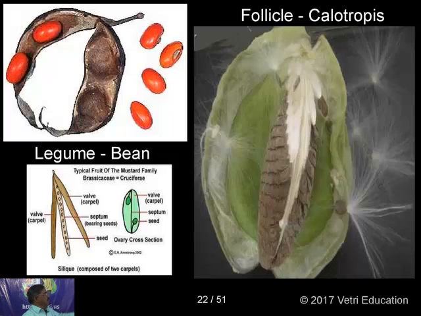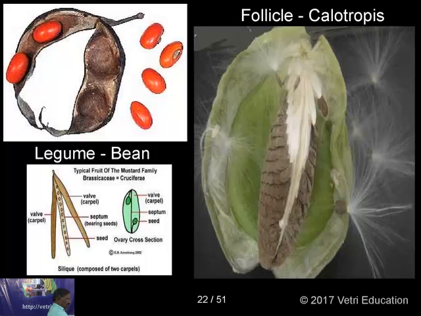See, look here, in the first one, it breaks in the legume, it breaks both sides, ventral and dorsal sutures, and liberates the seeds. But here you can find only the ventral suture, one side, and liberates the seeds. Here you can find these are the seeds that are used for dispersal. One side only it breaks, and here in the siliqua, it breaks both the sides, and the